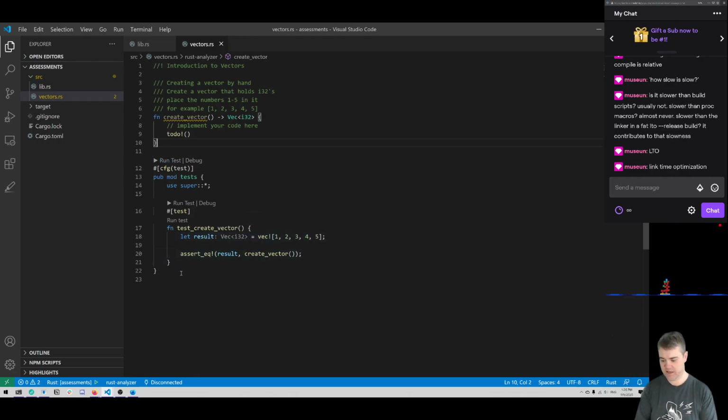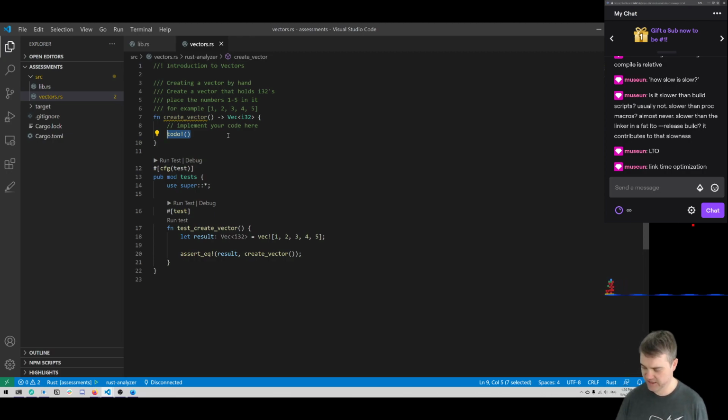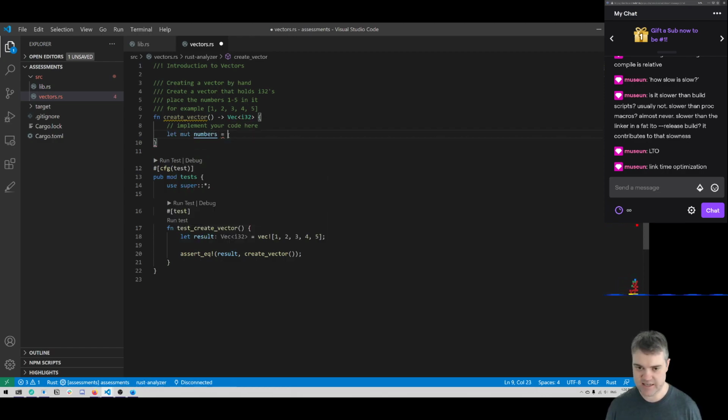And then your job after, as a learner, would be watch the video, read anything you need to, and then make all the tests pass by implementing the code here. So in this case, we want to just create a simple vector that holds these 5 things. We could do something like let mut numbers equals,